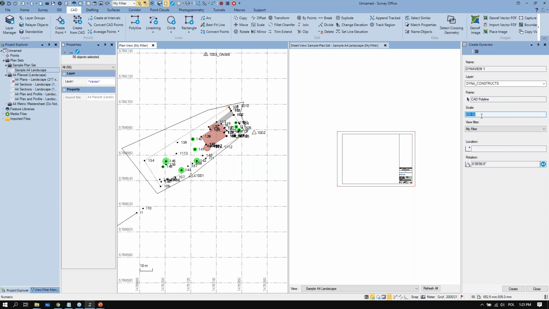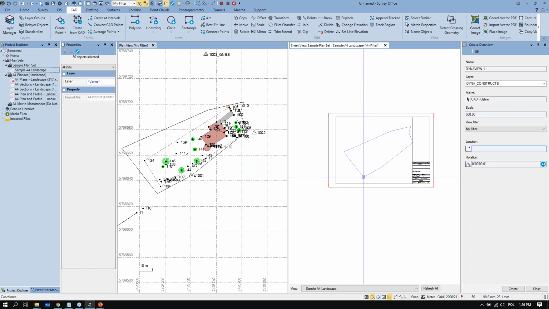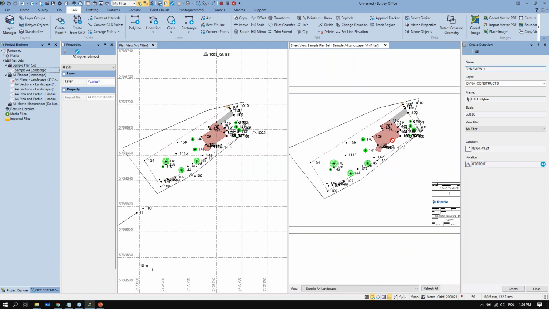And now just scale, right? So you can adapt the scale. I think I'll put something like 500, and then the location, right? So in my sheet view, just put it somewhere maybe here. Then I can rotate if I would like to. But actually, I would like to keep the same rotation as in my plan view. So just hit create. So that's how I can create